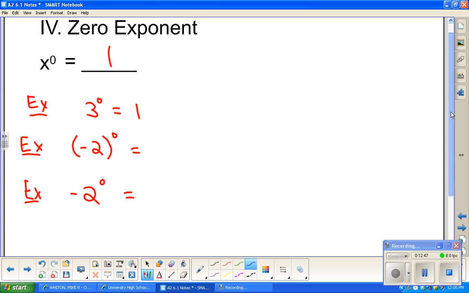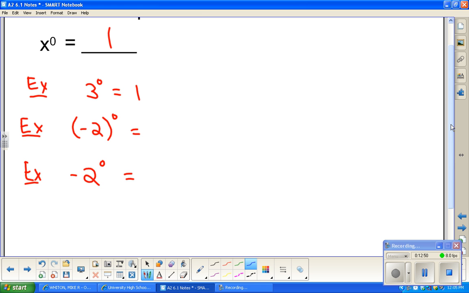All right, those two cases are the case where you just got to go a little slow. Be careful. The second one, the middle one with the parentheses, is telling you that the exponent applies to the whole number -2. It's -2 in parentheses being raised to the second. The rule says anything to the 0 is,